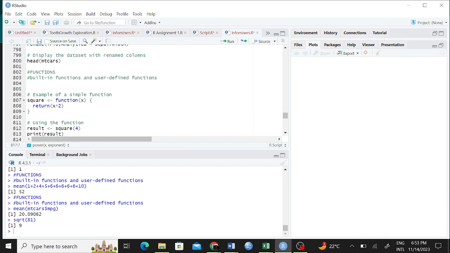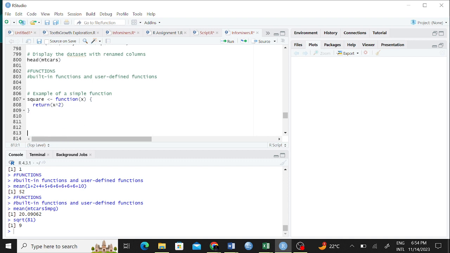So suppose you want to write a function that returns for you the square of a number, right? First you have to know that a function has to have these curly brackets, right? There's that time when you were talking about subsetting and then you were using the square brackets.